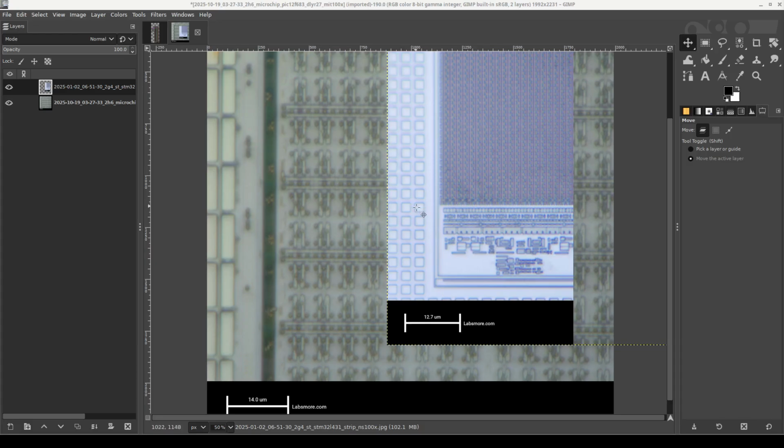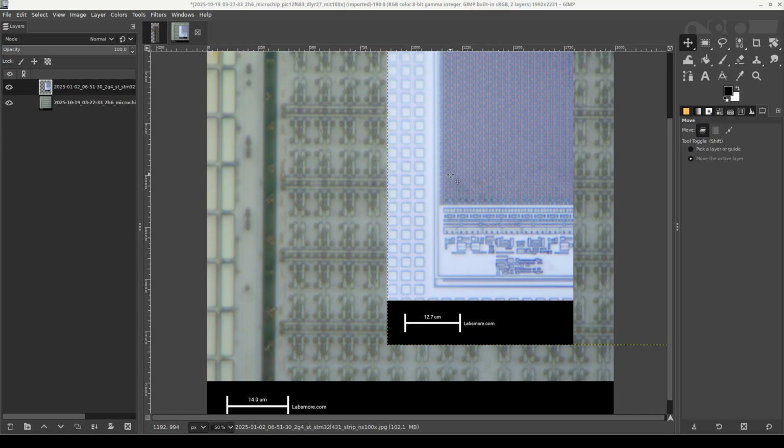And before we get into the circuit analysis, I just want to show how technology has evolved over the years. So here is the SRAM from the PIC12F683. The bit cells are 5.73 microns wide, 8.23 high, which comes out to 47.15 square microns. And here in the inset, we have a